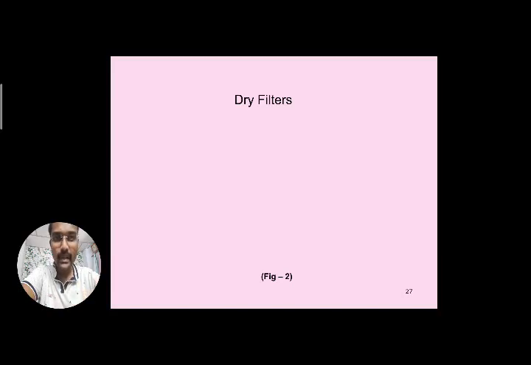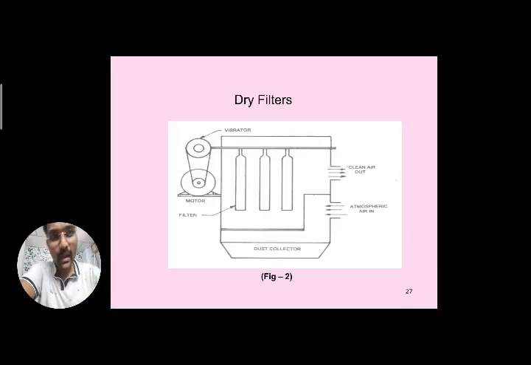First we will see the dry filters. We have the line diagram of that. In this also there may be subtypes. But before that, let us look at the line diagram of the dry filters and the components involved in it. The atmospheric air is entering through the passage, you can see here. The atmospheric air is drawn into the air filter. It's a dry type of air filter, and you can see at the bottom there is a dust collector.